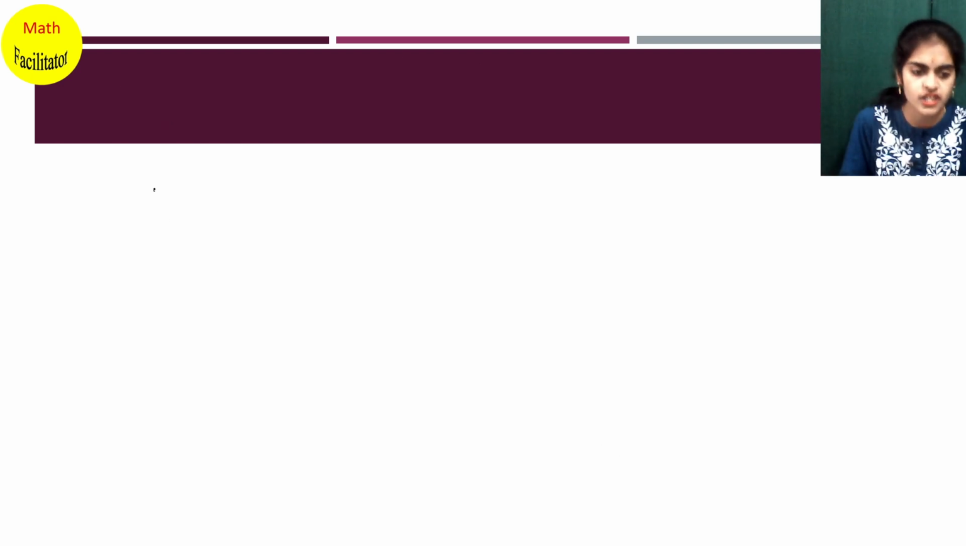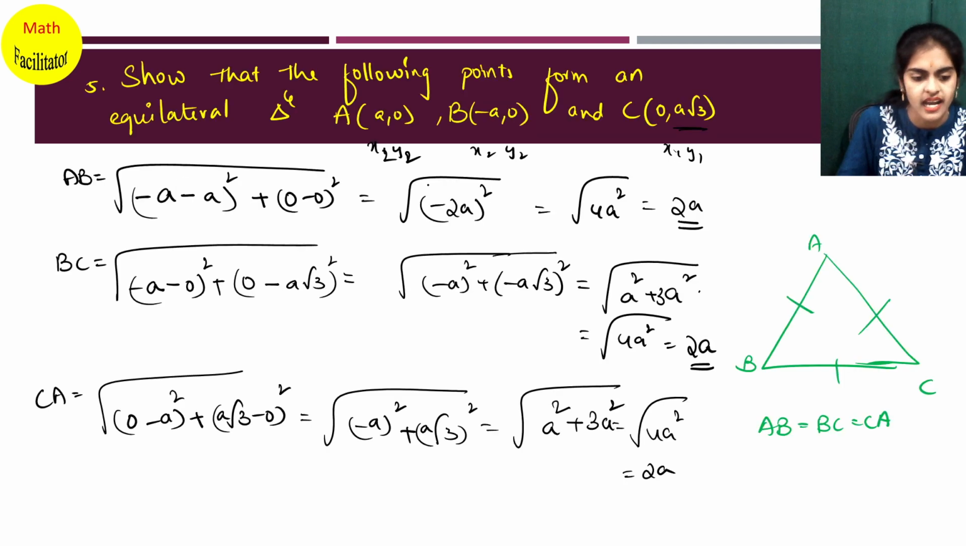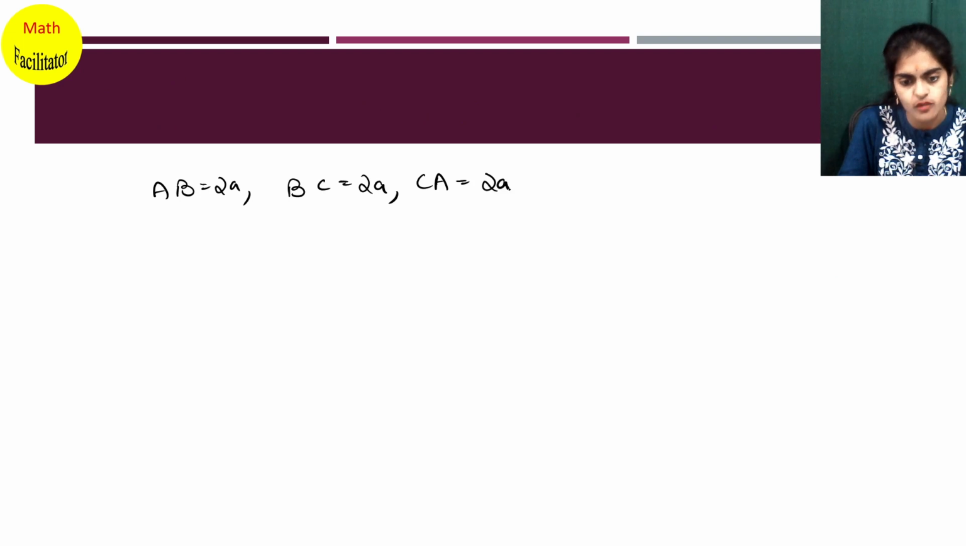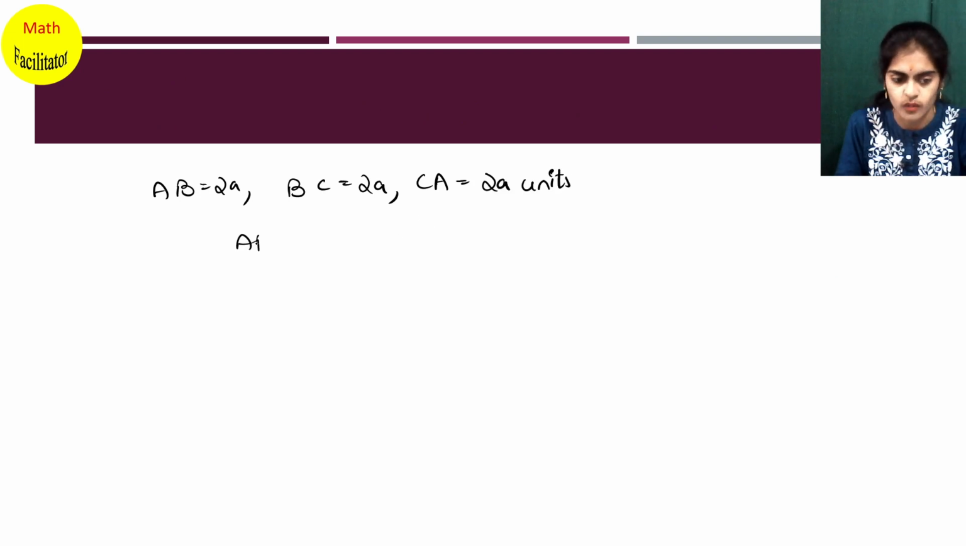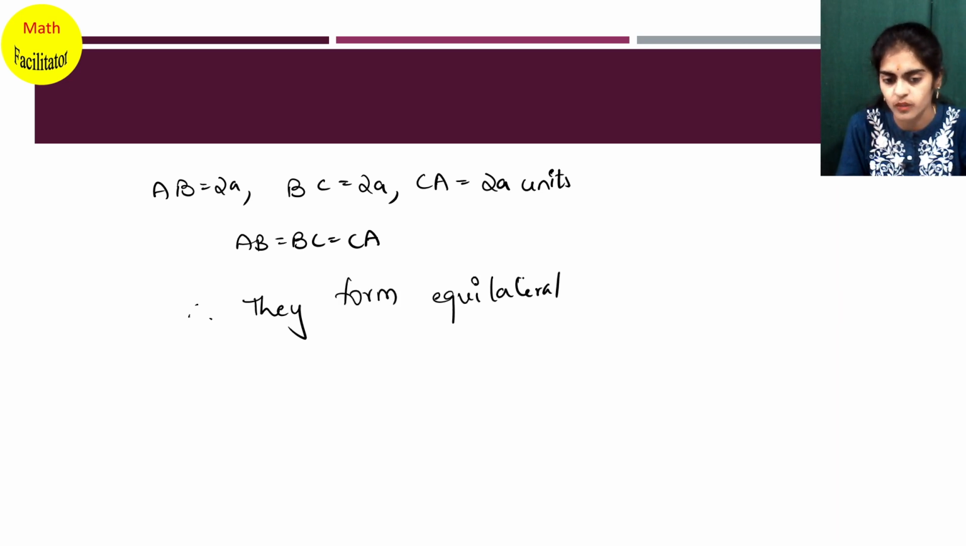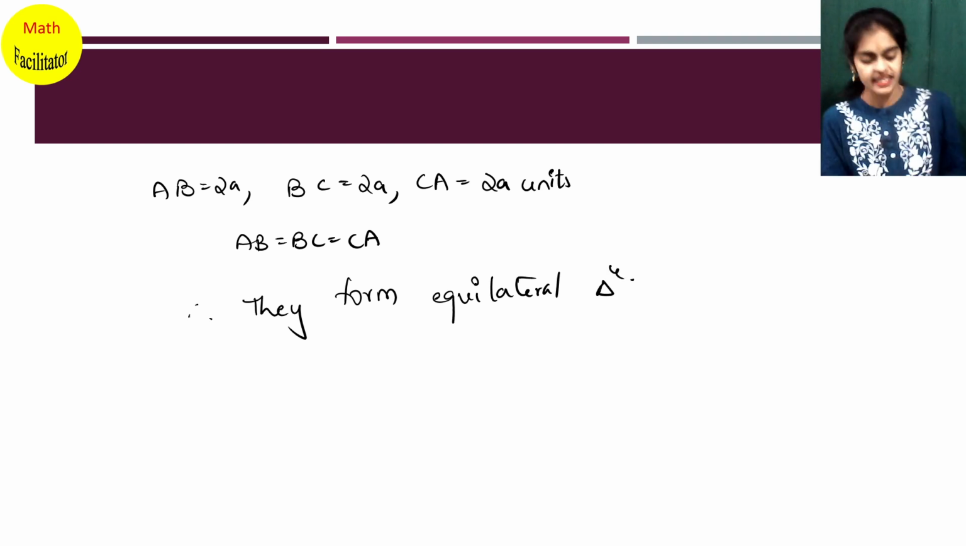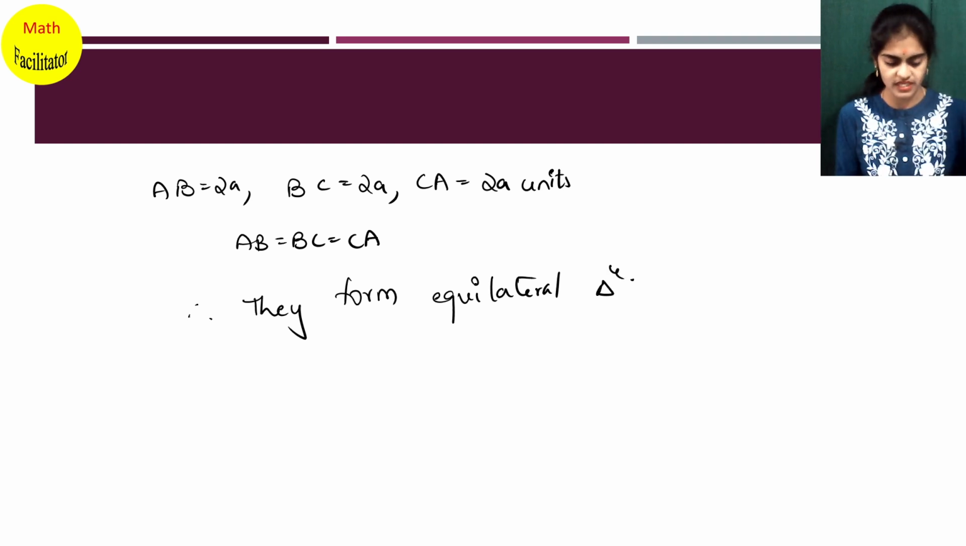So final conclusion is AB you got 2a, BC also you got it as 2a, and CA also you got it as 2a units. So all are 2a, 2a, 2a units. So since all the sides are equal, AB equal to BC equal to CA, can I say, therefore, they form equilateral triangle. Since all the three sides are equal, they are nothing but the sides of an equilateral triangle. Is this very clear? So I hope this is very clear, and the next problems, let's do it in the